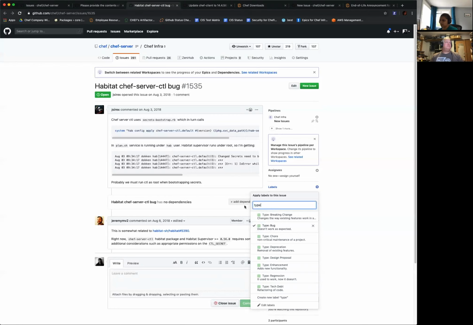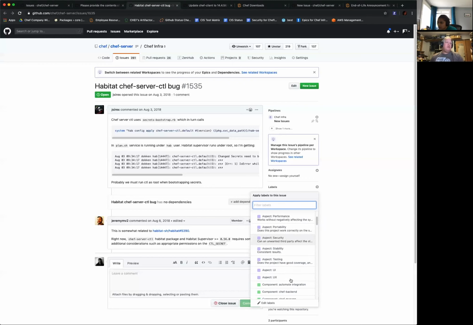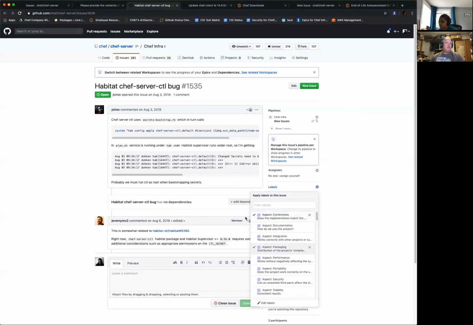Type bug. Aspects. Correctness. I think it feels like a bug. We didn't put an aspect on either of them. It feels like correctness, but actually packaging probably is the right one. I always miss that, don't I?